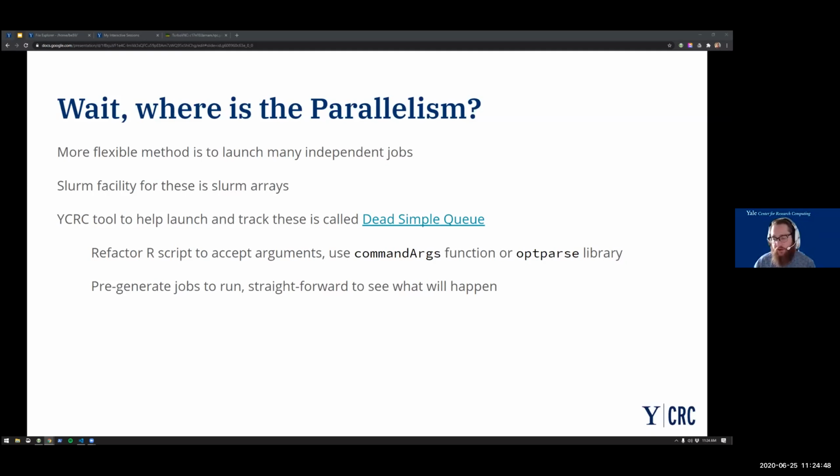It'll say, okay, well, there are resources free over there, resources free over there. I'm going to run these for you, and when it's all finished, I can send you an email. And that's nice because you have to think a little bit less explicitly about how that parallel processing is working, and